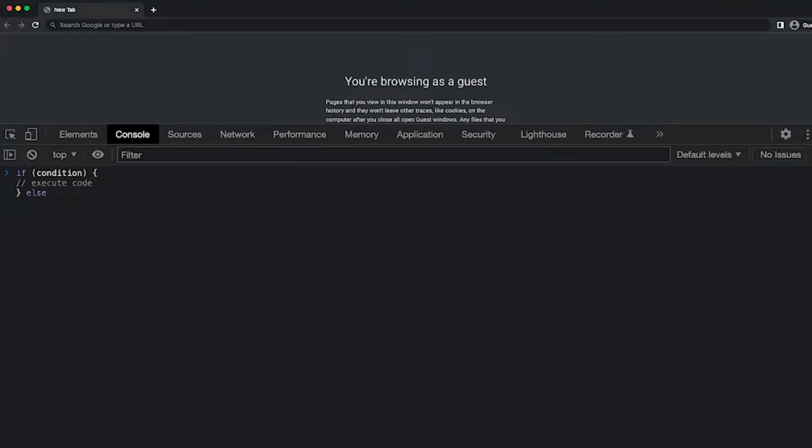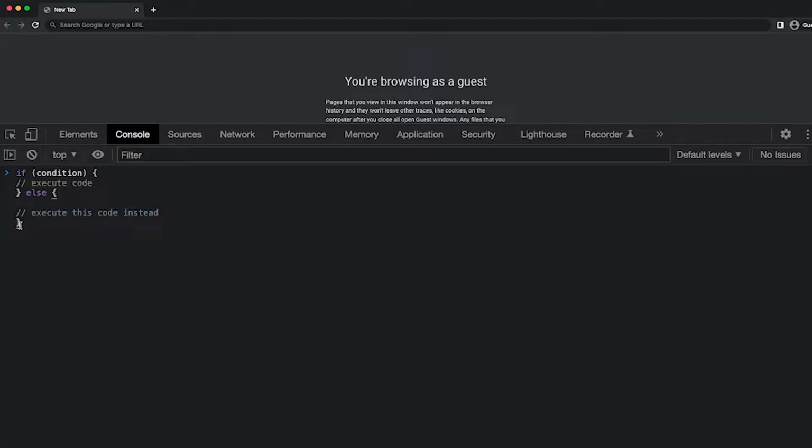Else, execute this code instead. So what this basically means is if the condition in the beginning evaluates to true, well then we execute anything that's inside this code block. Otherwise, if it doesn't evaluate to true, well then we use the else keyword, which will then execute this code